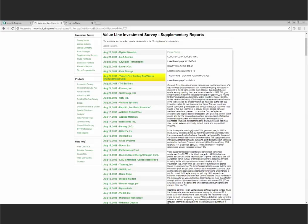Several company watchers have also expressed concerns that Comcast's planned acquisition of European satellite broadcaster SKY plc isn't a prudent use of capital, and that the proposed deal perhaps signals a dearth of attractive investment opportunities within the company's existing portfolio of businesses. What's more, we attribute some of the stock's underperformance to its attempted and failed bid for 21st Century Fox. In fact, a few weeks ago, Comcast bowed out of a bidding war for the entertainment assets of